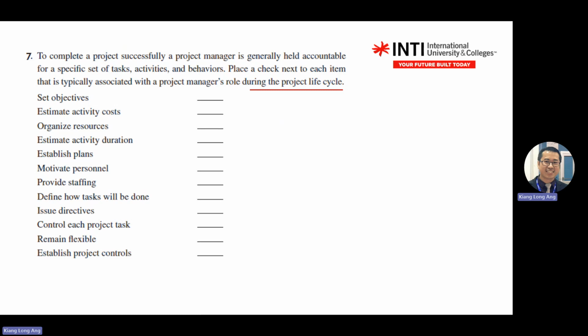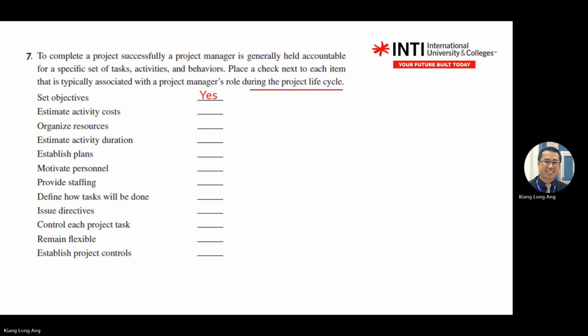Okay. So this one is on the project life cycle. Again, project life cycle is another thing. It does not link with the embryo. This one is the phase on the maturity. Don't confuse the life cycle of project management maturity with the project life cycle. It's two different things.